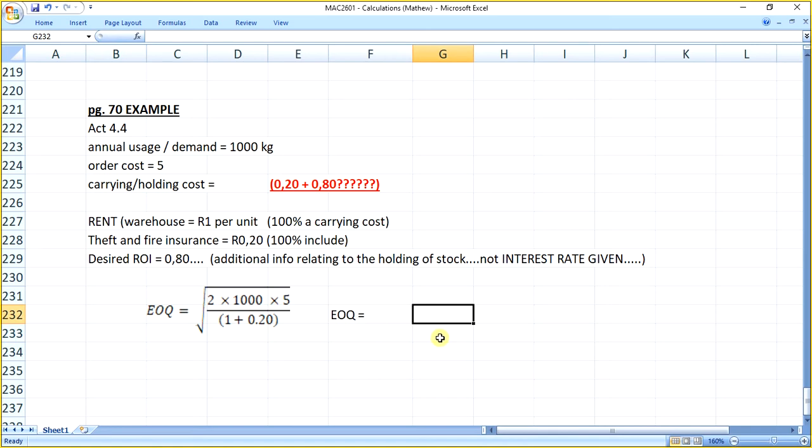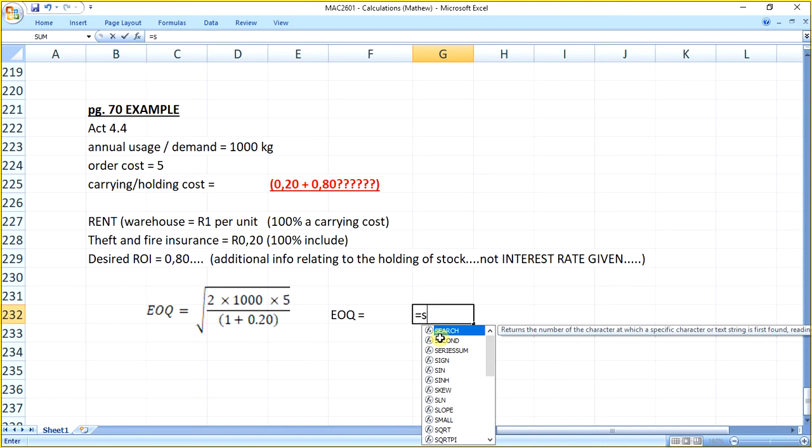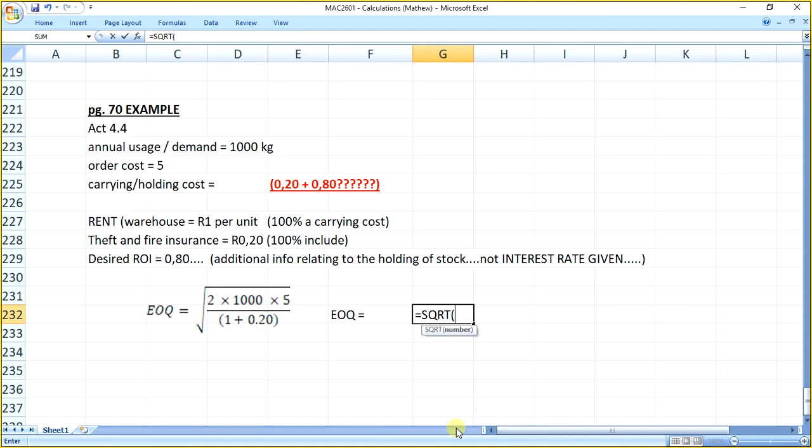So the square root of, bracket, 2 times 1,000 times 5 divided by 1.2, close bracket, equals 91 kilos. That's what I would have written as an answer. But how come when I do mine, I put the square root and then I go equals, and it gives me an answer of